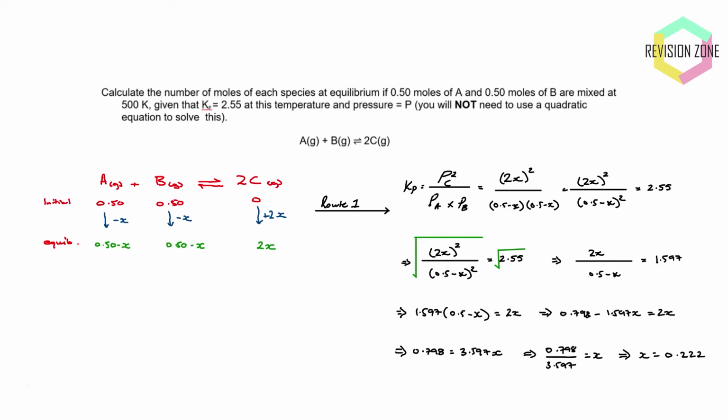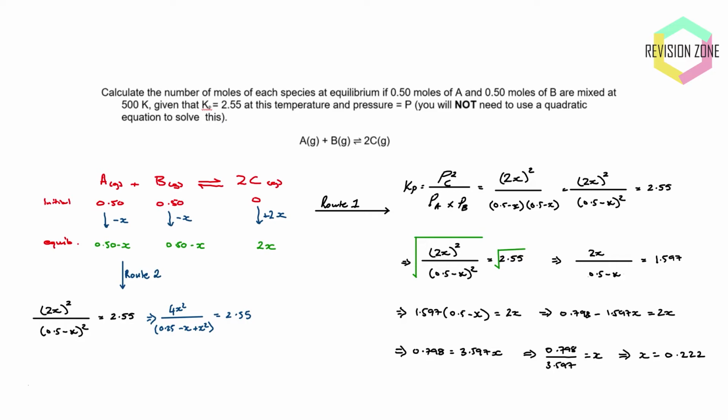What I would like to do is focus on both methods. So route 2. Route 2 will look at solving this using a quadratic expression, or the rule. We're going to start with the same expression as we did over here, so we know how we got to here, so we're just going to use this again. And then we're going to expand each of these brackets, top and bottom, numerator and denominator. This is the long route of doing this particular question, but I just want to show that you get the same answer. So if we expand, we get these terms, 4x squared over 0.25 minus x plus x squared,